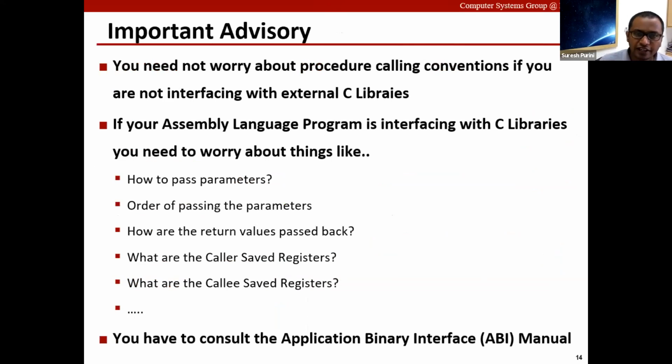But the interesting thing here is that all these conventions of caller saved and callee saved are important only when you are trying to interface with external C libraries, or when you are trying to work on a big project with 20 different people and you need to have a convention. Otherwise, it will be a whole mess. But if you are writing a small program, like in your CSO course with 2, 3 functions, then you can use your own conventions and figure things out. On the contrary, if you are working in a large group, then you have to arrive at your own standards, number one.